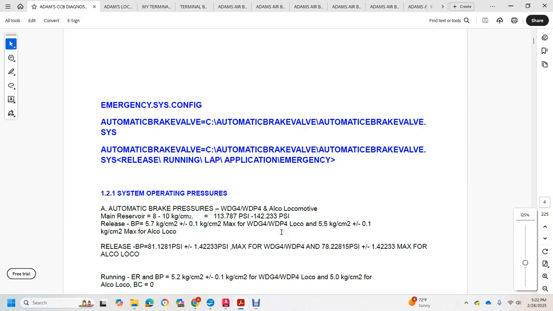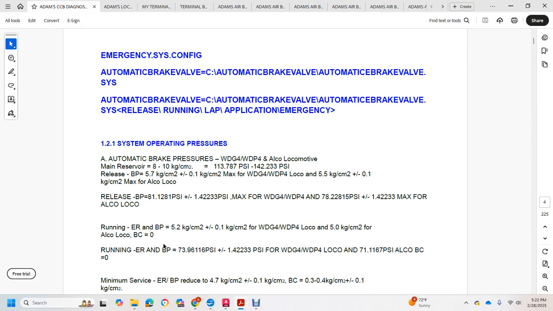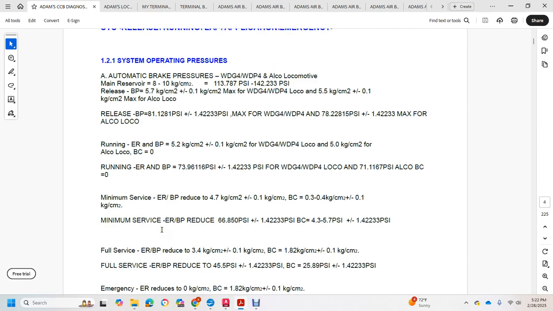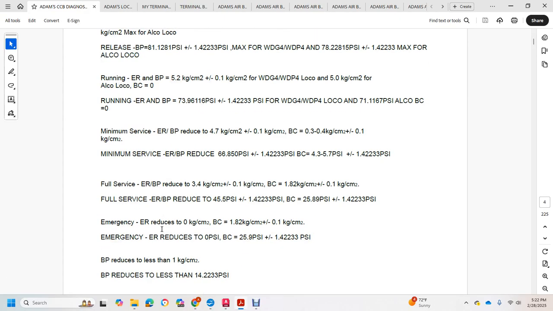Automatic brake pressure for a WG4, WP4 locomotive, 113.78 psi to 142 psi. Release is brake pressure, running emergency brake pressure, running emergency and brake, minimum service, emergency and brake pipe reduced, full service reduction, brake pipe reduction, emergency reduce, brake pipe reduce, brake pipe reduce less